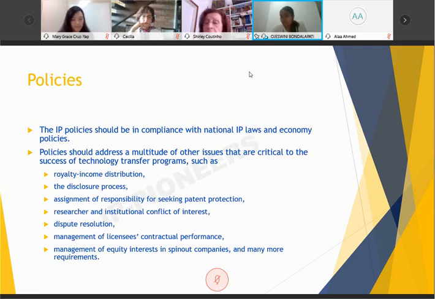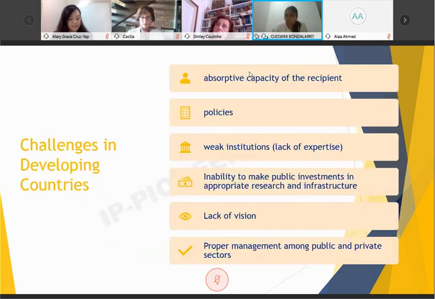This is the main point I want to stress, where many of the developing countries are unable to draft a solid IP policy till date which could boost technology transfers, because they just want to adopt the policies which are already performing very well in the developed countries. But we can't adopt something which is already doing well in other countries, because their national laws might differ from our national laws. So we should check the compatibility with our national laws to avoid any further complications.